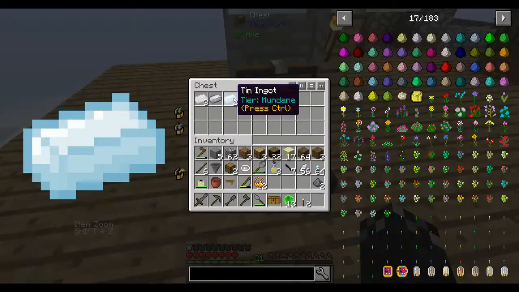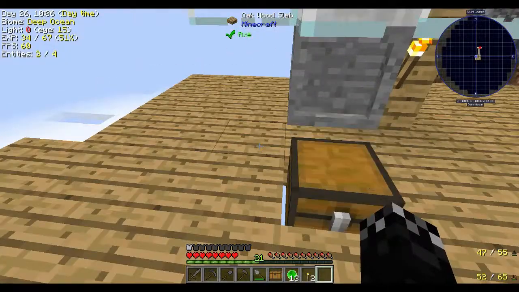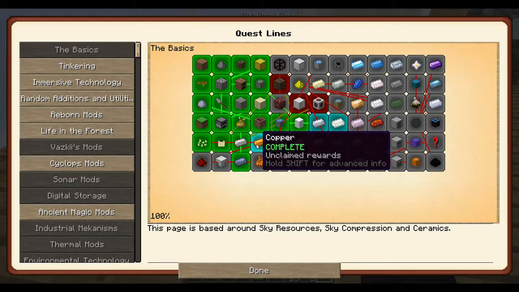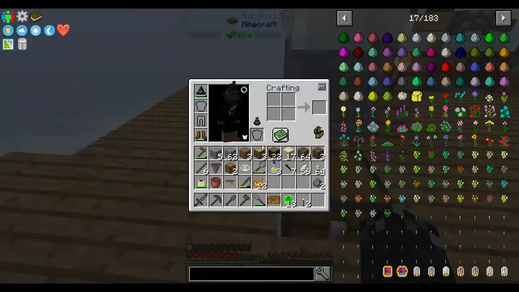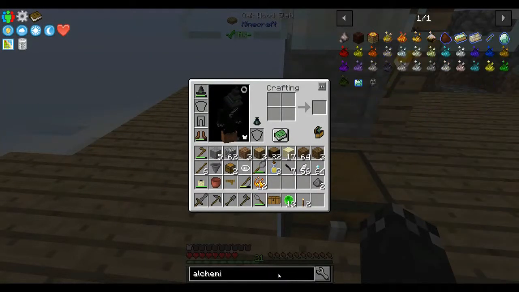For the ingots that I have here, zinc, aluminium, tin, copper, lead and iron, I should have all of these. So iron, yep, lead, yep, copper, tin, aluminium and zinc. I don't have silver yet, and the reason I don't have silver